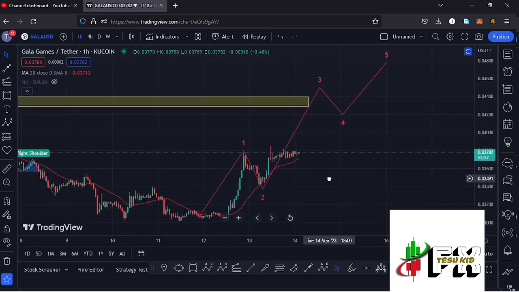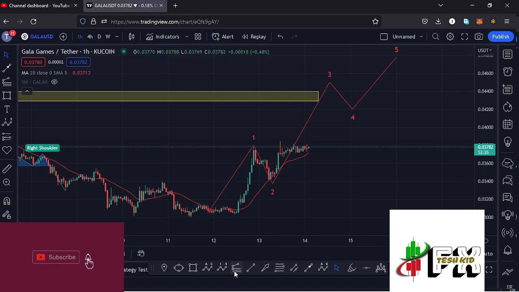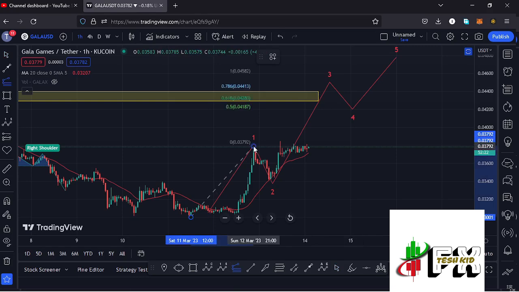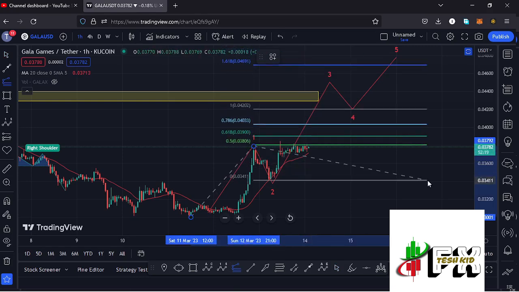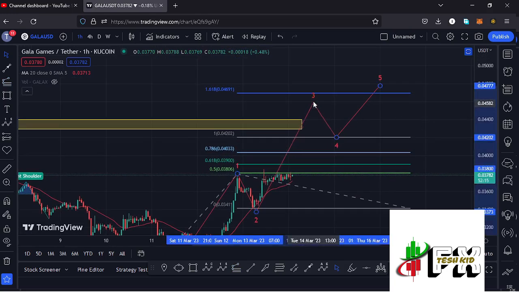And as long as we are holding above the 20-day MA here on the 1-hour chart, then we have the support that we need for us to continue gearing up and sketching out a target area to the upper side in the formation of this wave 3 by connecting the trend-based Fibonacci from the low of the first wave to the high of that wave 1, then dragging the fibs to the low of the second wave. That gives me a minimum target area to the upside in the formation of that wave 3 at the fib level 1.618, and that is at around the $0.04691 mark,